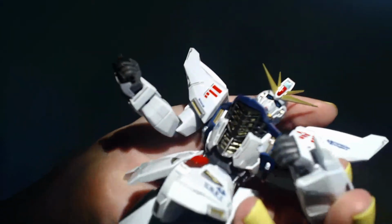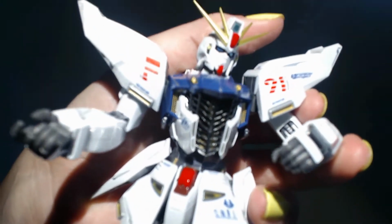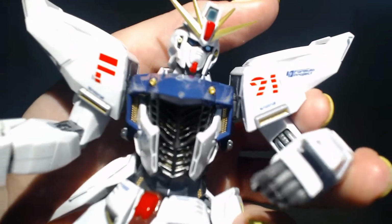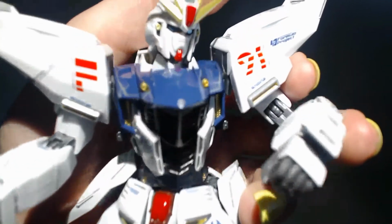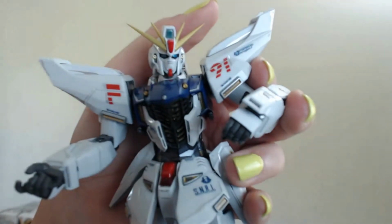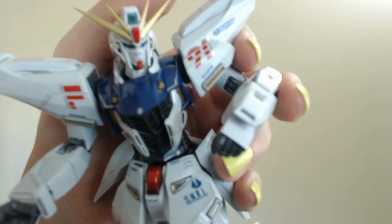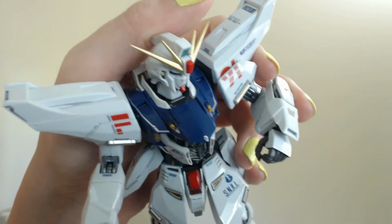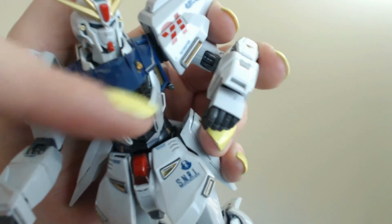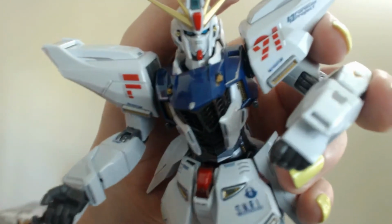So, as you can see, it's really, really pretty. Can't really get a good view on it, but it is quite gorgeous. The etching, the details, the vent details. Now this was one part that did kind of freak me out. The top part there looks like the paint chipped off, but it's not. It's supposed to be stylized like that. Right here almost looks like the hood of a car and the ornament. So once you get past that and realize that that's not a defect,